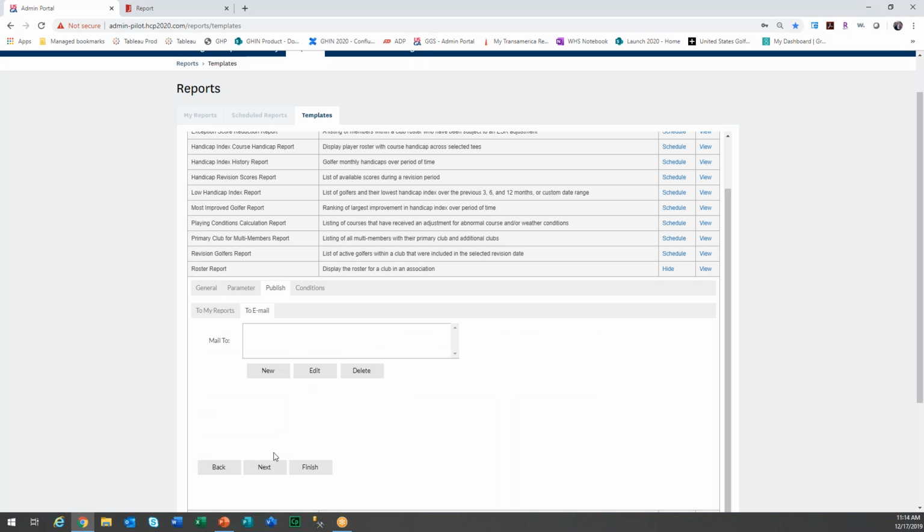This is where I can add the email addresses that I want the report delivered to. To do so, I will click new, and I will go ahead and type in the email address. So I'm going to do lexi@lexi.com, and I can also carbon copy other members of my club or blind carbon copy, again, simply by adding them. So